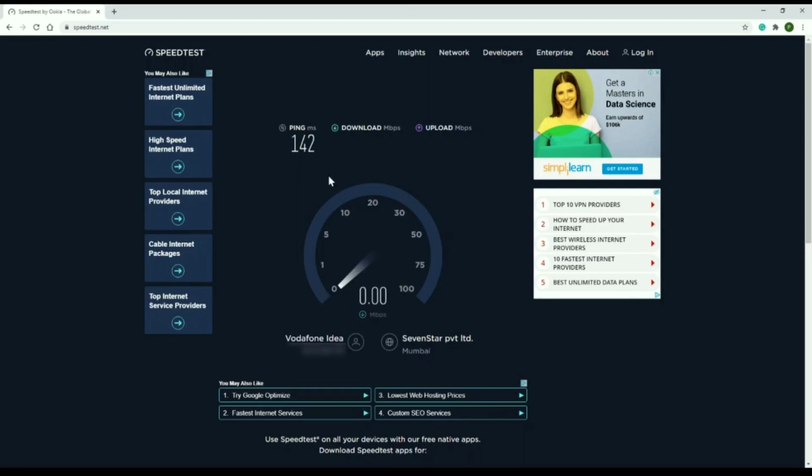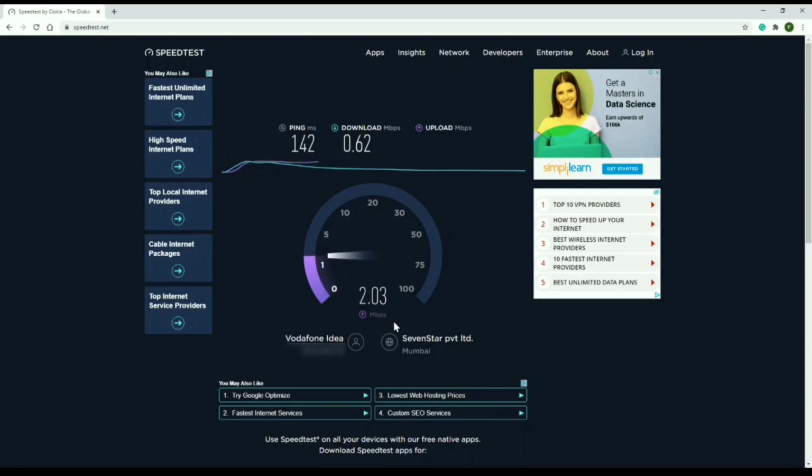Obviously the ping expected will be high. Okay, I got 0.62, which is manageable. And again, as you can see, upload is high.